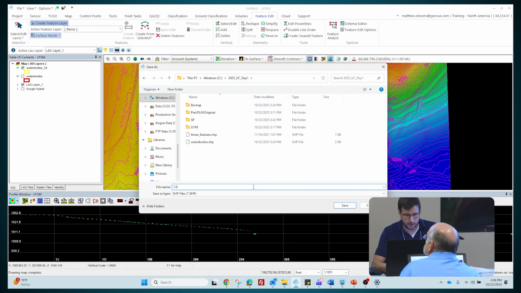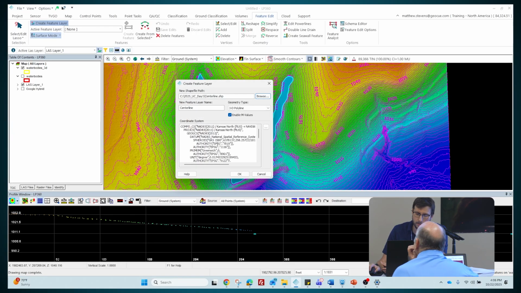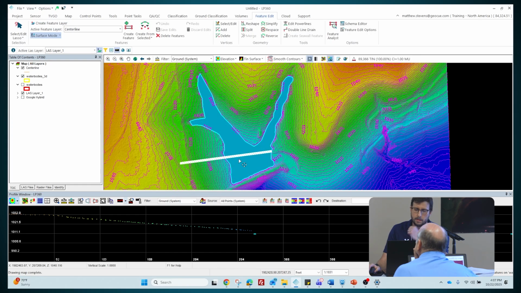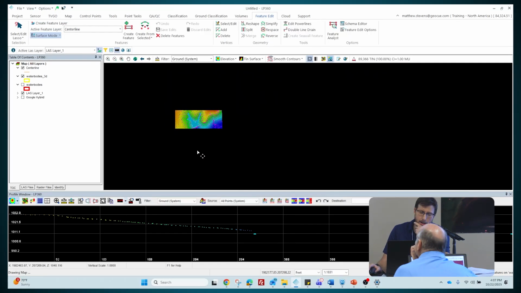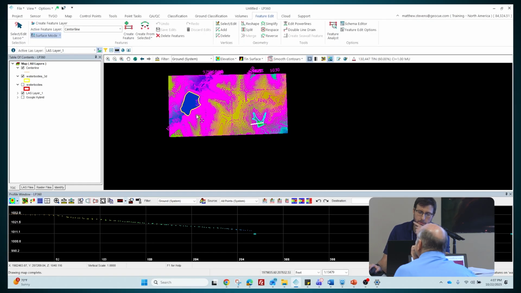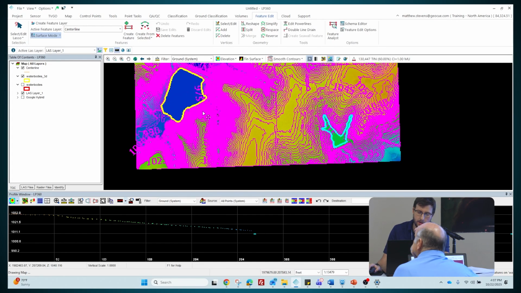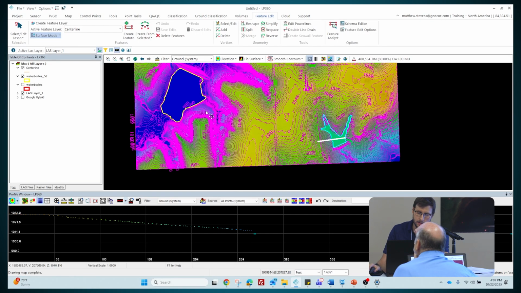I'm just going to call it centerline. I think in the exercise, I'm having you make an additional linear feature, but like I said, we're really focusing on linear features tomorrow in the morning exercise. I'm going to go and click OK here. Okay. And now just zoom out, and I'm going to zoom in on the profile to the area that's